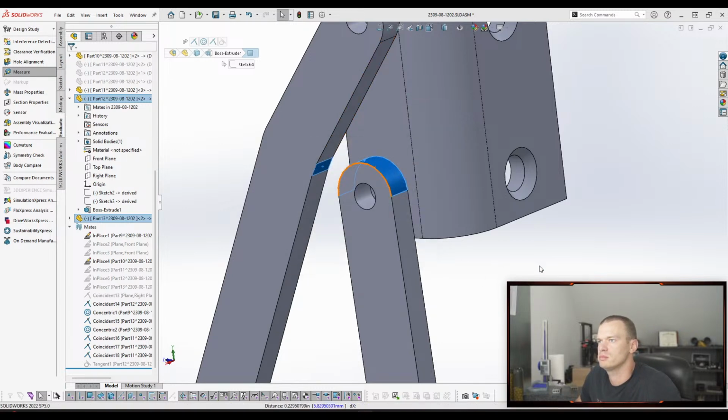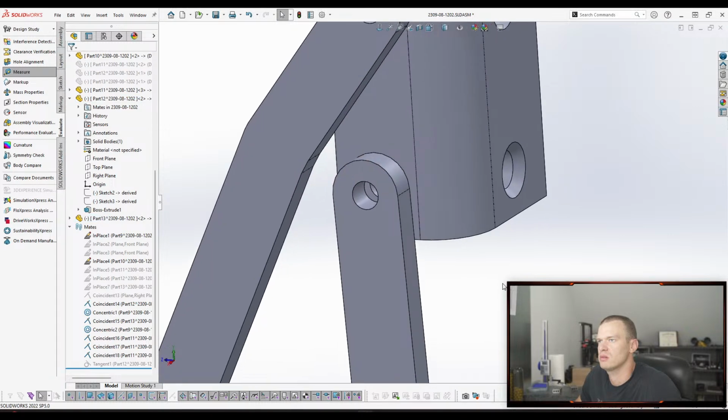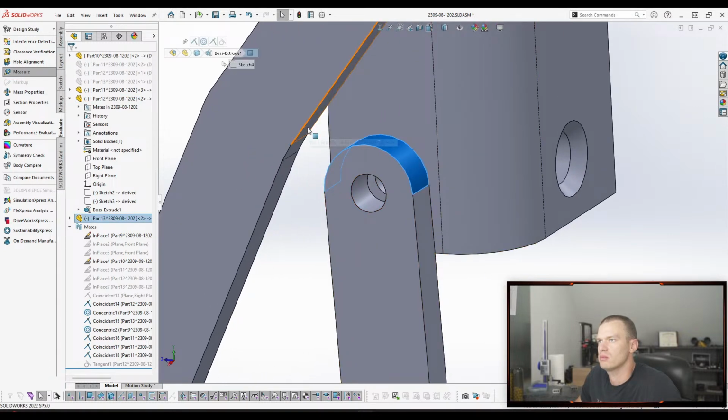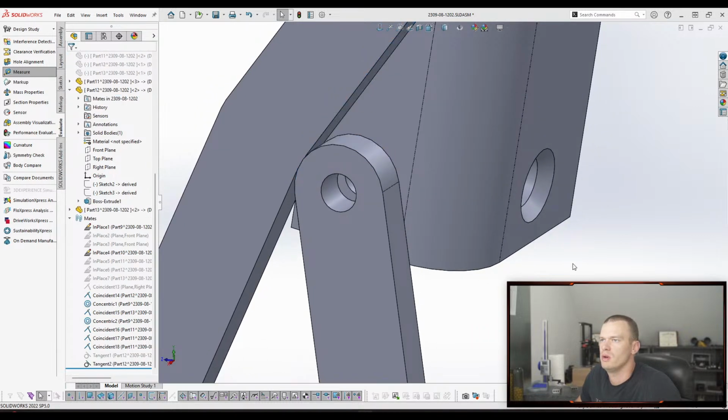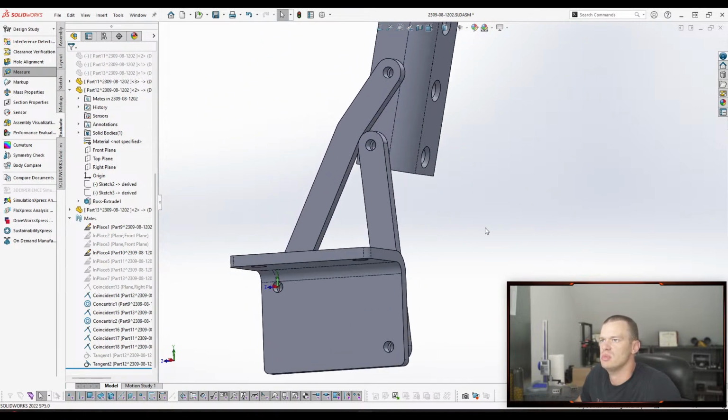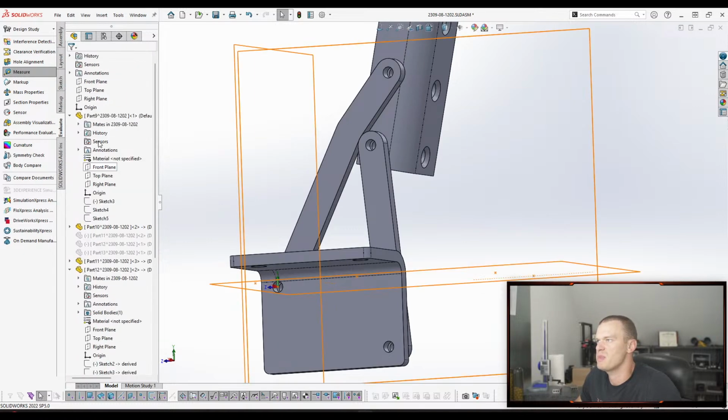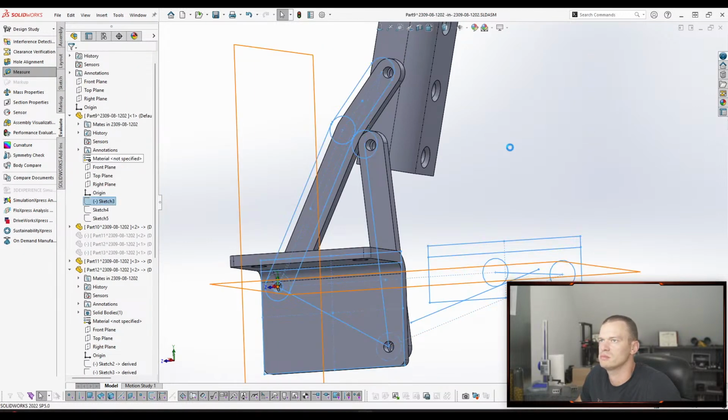Ooh, doesn't like it. Tangent. When that's tangent to that, this should be the angle that we specified in this sketch here,